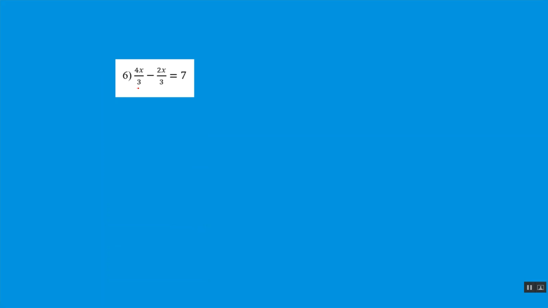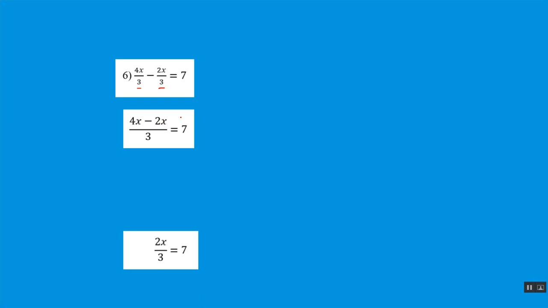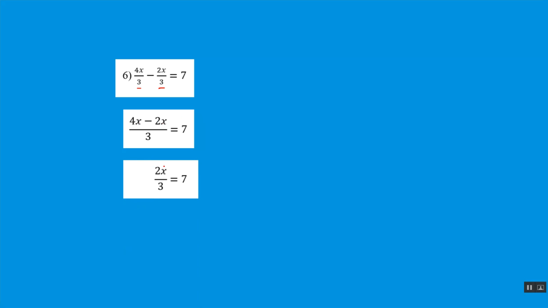We have thirds and thirds, so we can add the numerator, or we can subtract because we have a minus. So 4x minus 2x over 3 equals 7 is our first line of working. We can simplify the 4x minus 2x. That becomes 2x. So we've got 2x over 3 equals 7, and then we can multiply both sides by 3,